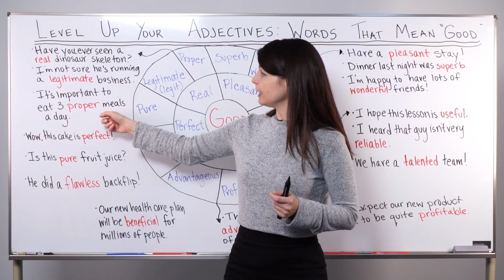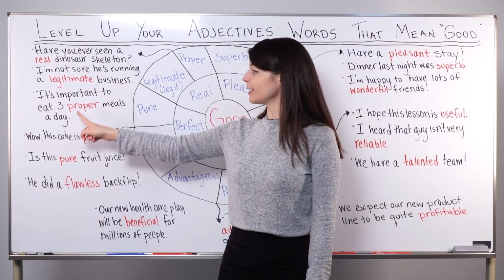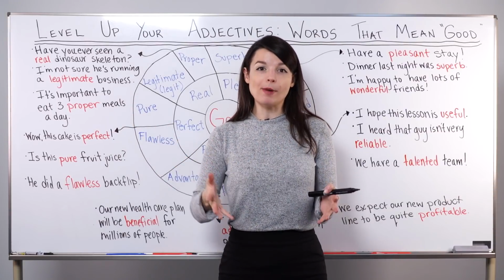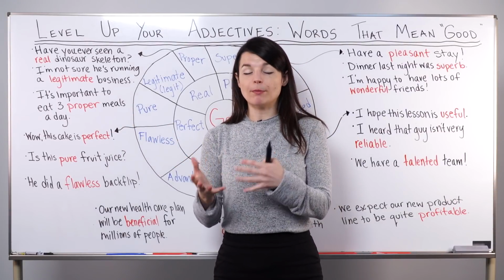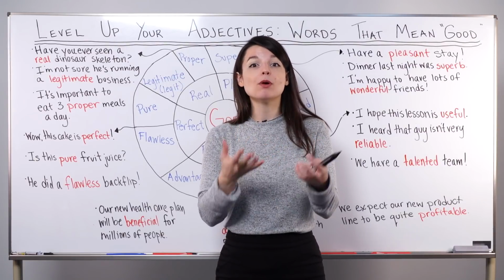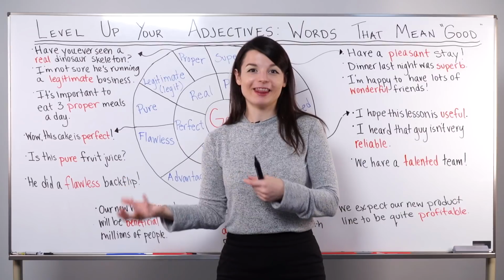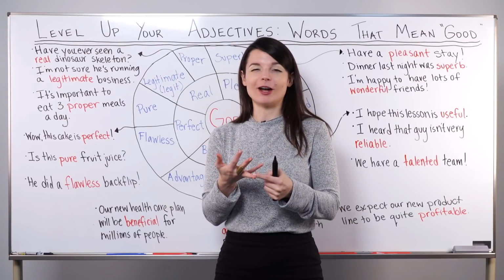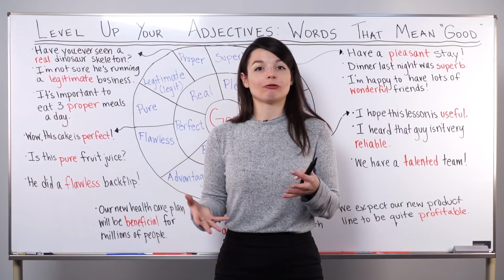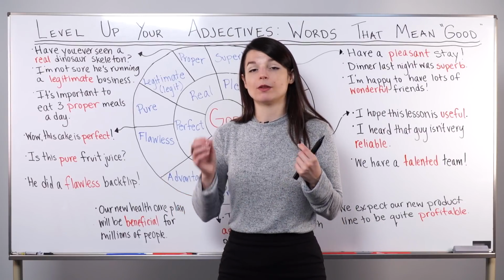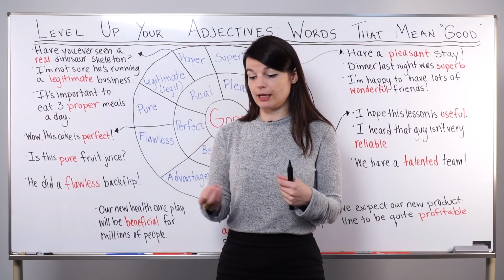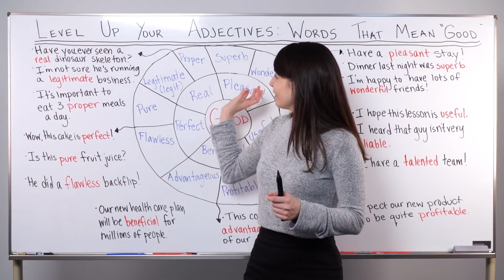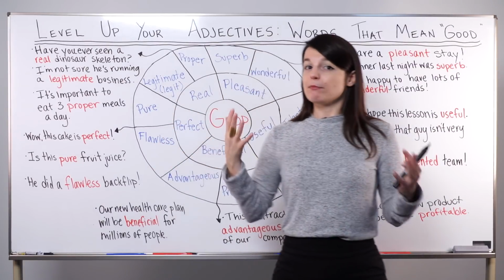Finally then, proper. It's important to eat three proper meals a day. So here, a proper meal refers to a well-balanced, nutritious meal. So something that we expect, something that is supposed to be a meal. We should eat that thing. So that means a proper meal is not junk food, is not something unhealthy. It's lots of fresh vegetables or fresh fruits or something. So that's a proper meal, something correct, something that is as it is expected to be. That's proper.